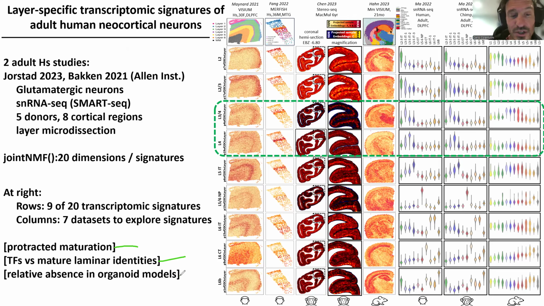We also go on to show that in organoids, again, the transcription factors that initiate things are often expressed, but the maturity signatures don't come on. That can be somewhat remedied by xenotransplantation into the brain, by putting organoids in the brain of a young mouse, for instance, but not entirely. So those are just some teasers of elements in other talks in the paper. But we're going to look at layer 4 today.